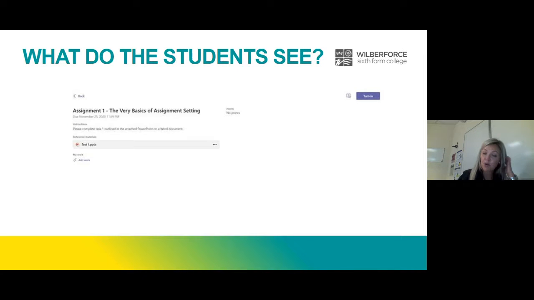Okay, so in terms of what students see, a student view is a little bit different to the teacher view, whoever's set the assignment. You do have the ability to see a student view. There's a kind of 3 dots on the assignment landing page, and you can switch it into student view there. I'm sure Lynn will show you how to do that. This student view is not a genuine student view, because the 2 things that you don't have if you are accessing student view as a teacher is you don't have the one that I'm circling down at the bottom, and you don't have the turn in button at the top.